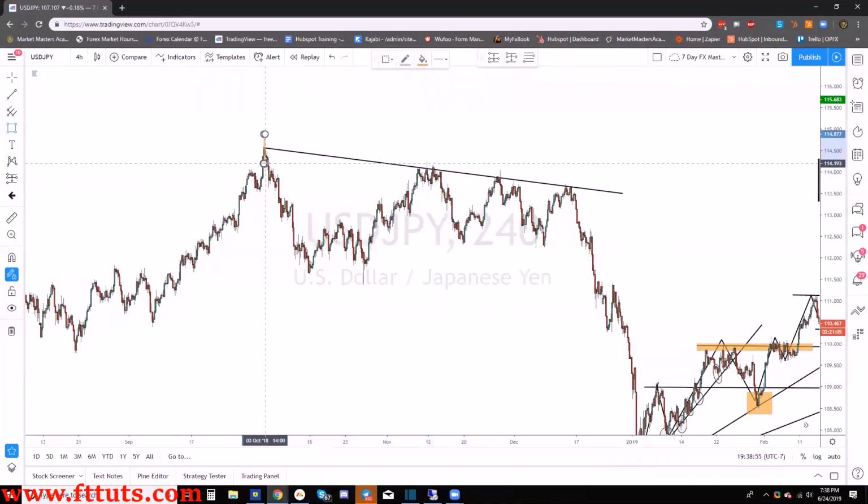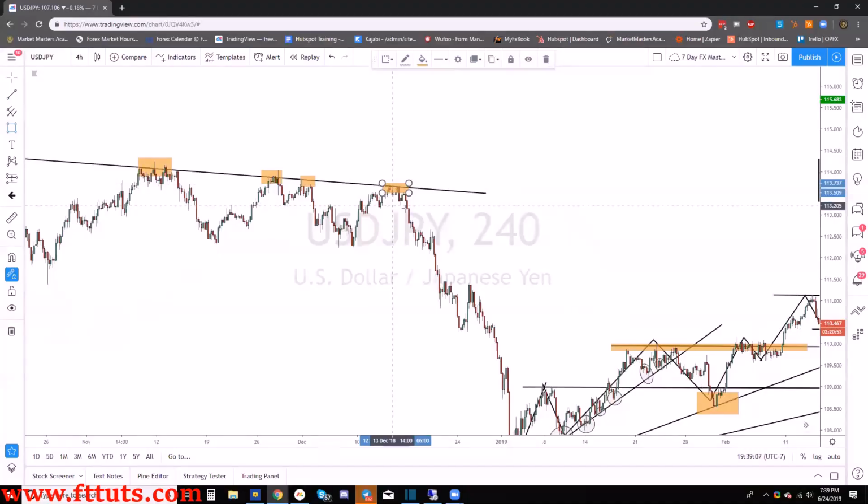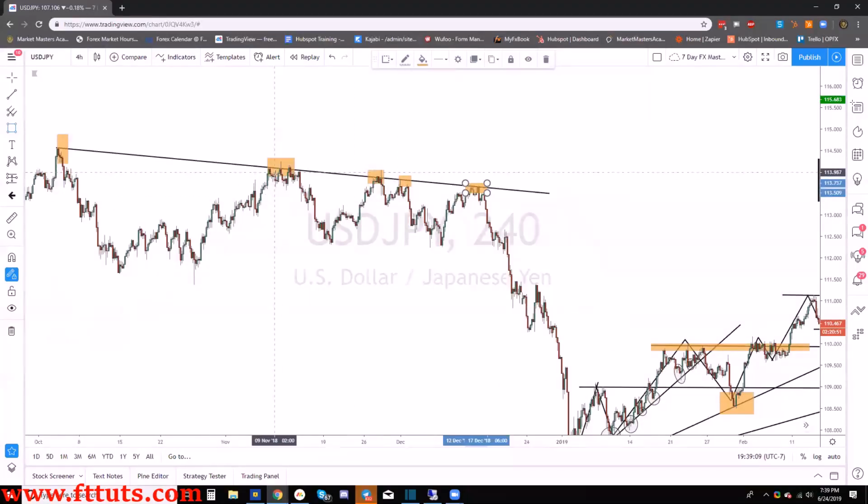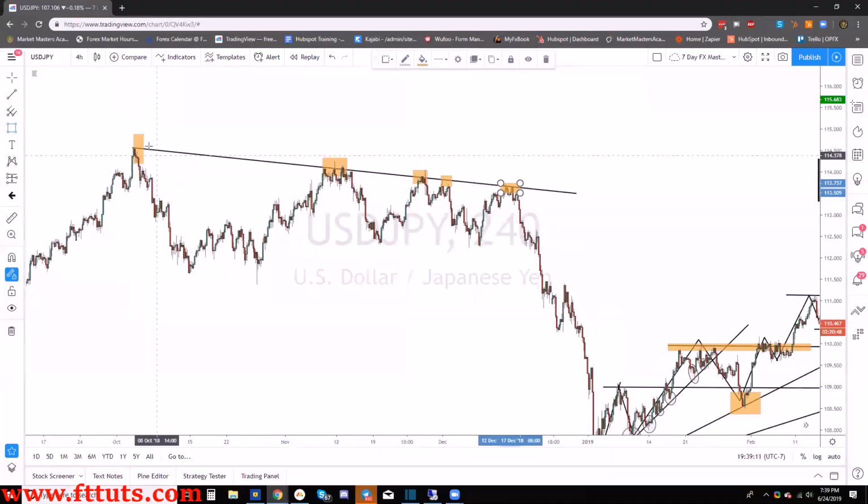But this point here, just by connecting these two, we were able to predict this area here, and that created a double top there. I can tell if we were to zoom in, it would give us that pattern. Right here, like a triple top. So that's why I like looking at these areas, because then I know